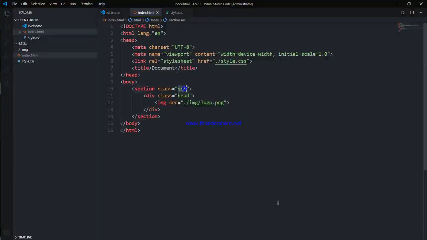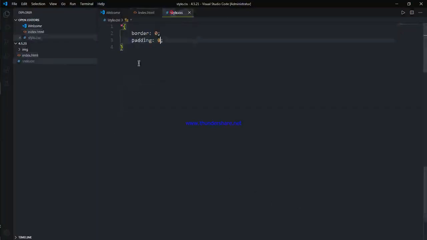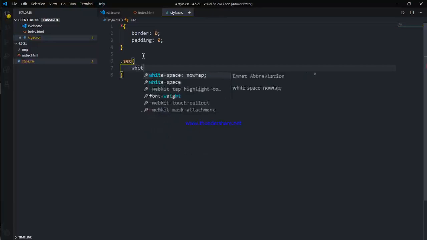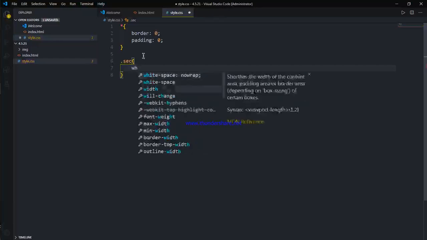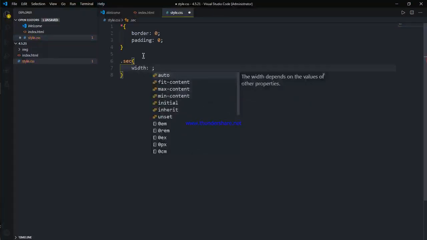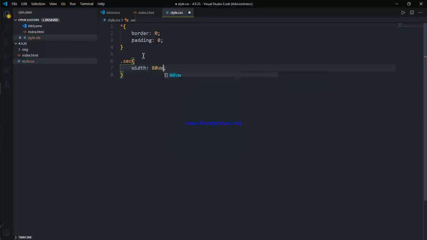In the style.css, first we will style the section. The section we can give a width of 80vw, that is 80% of the width of the tab.